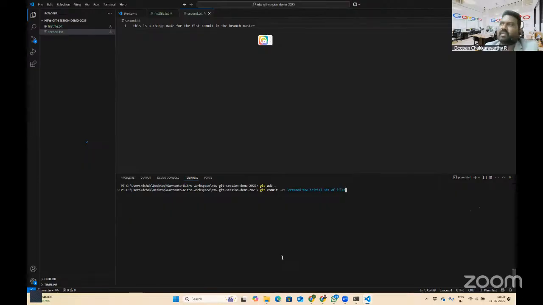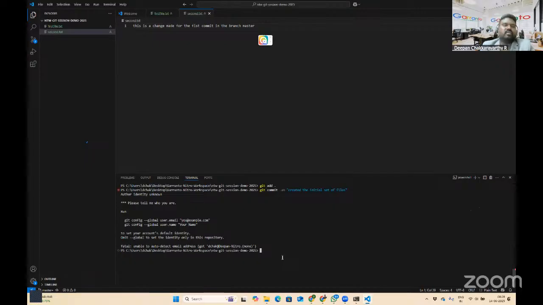So I'm giving a meaningful name to identify the changes. The primary change that I did in this commit is that I created the initial set of files. So I'm saying git commit dash am, where I'm telling all changes in the stage need to be committed with a message. I'm giving the message in double quotes.